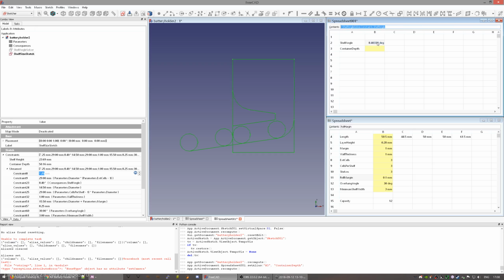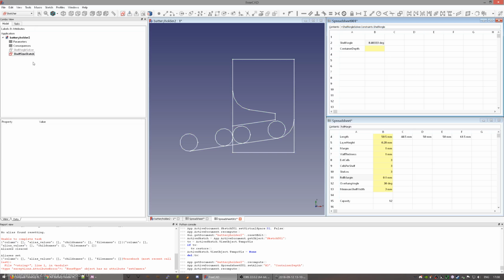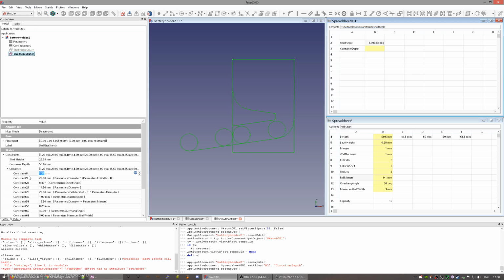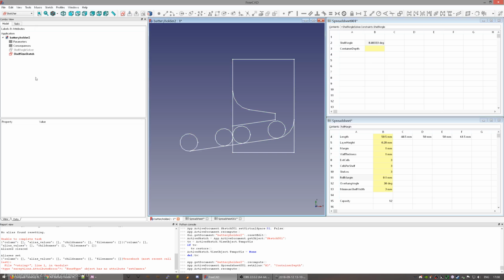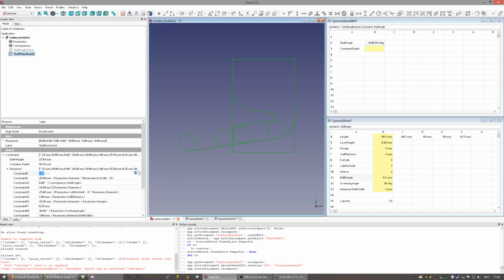We can copy this formula itself and edit this formula. It's not actually that one. Here. So we replace it,